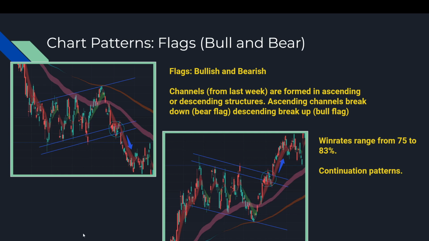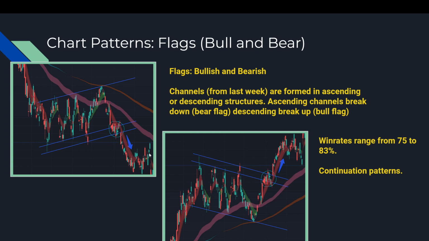So these are the channels. They have a higher percent win rate because I believe channels are more significant than trends. The parallel lines are more significant because they're often a lot more correct. You chart them easier than you chart trends. With trends, you can alter your trend line over and over again and you can often be within the same trend. You could also say that the pattern on here that I charted could be a broadening wedge with a